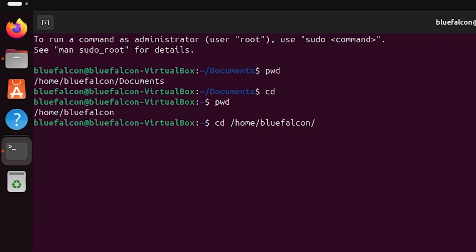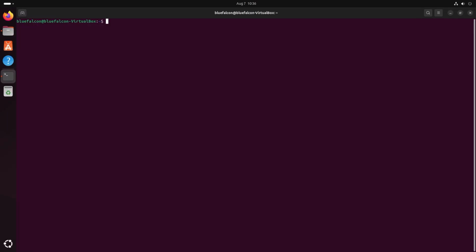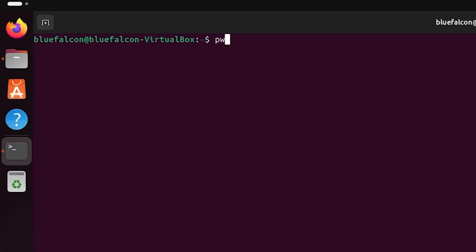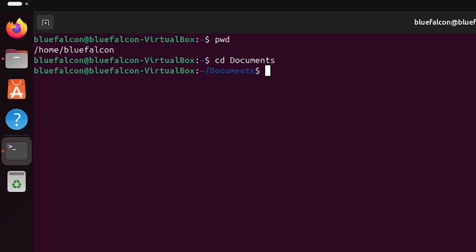For example, if you run cd /home/bluefalcon/downloads, that command takes you to the downloads folder. And third, you can use cd with a relative path. This changes to a folder based on your current location. For example, if you're in the home directory and run cd documents, you'll move into the Documents folder because it's